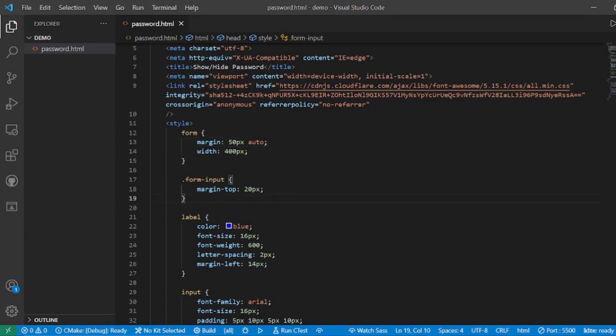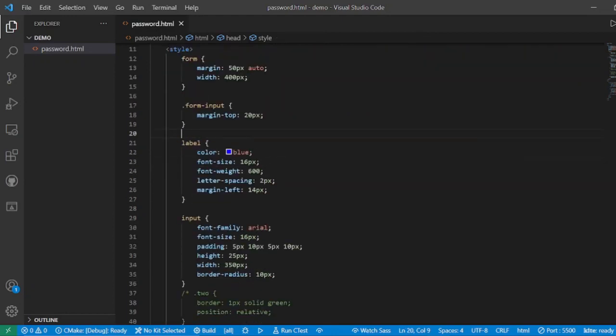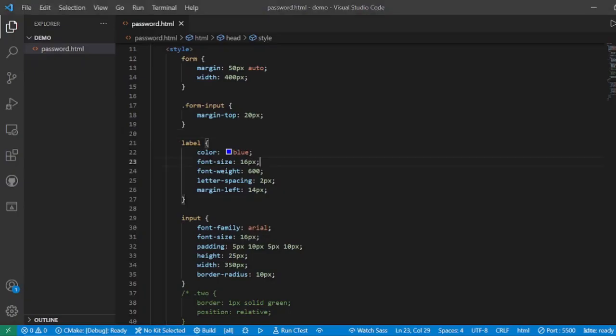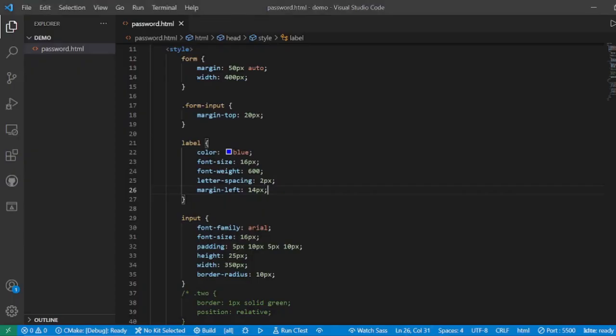Form input has a margin top of 200, label color blue, so that is why we can see the username and password are in blue, font size of 16 pixel, font weight of 600, so that is why it is bold, letter spacing of 200 pixels so that the words are clear, and a margin left of 14 pixel, so the words username and password do not start at the beginning, but they are at 14 pixel from the left.